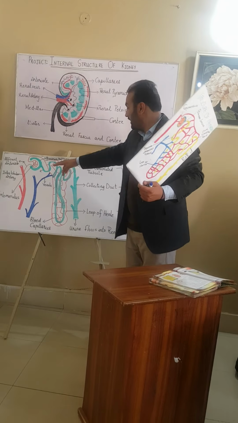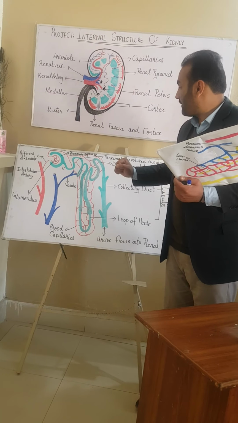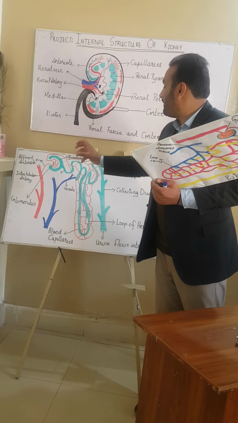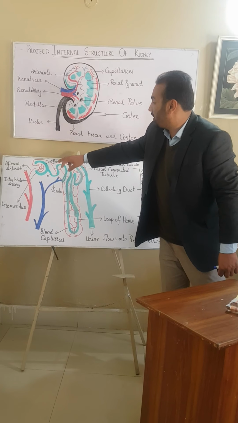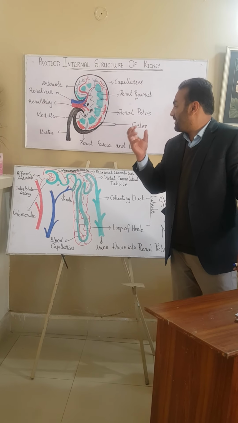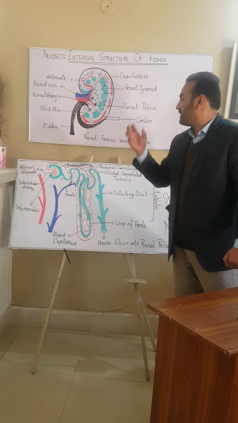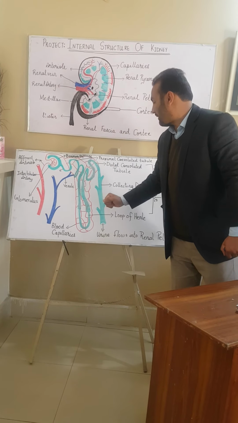Nephron shows two regions. The first one is called the renal corpuscle and the second one is called the renal tubule. Renal corpuscle is further divided into two parts. The first one is called the glomerulus and the second one is called the Bowman capsule. Glomerulus is basically a network of blood capillaries that is responsible for the filtration of blood. Here the walls of glomerulus are porous due to the hydrostatic pressure. The material which is smaller than the size of pores of glomerulus is filtered out into the Bowman capsule.